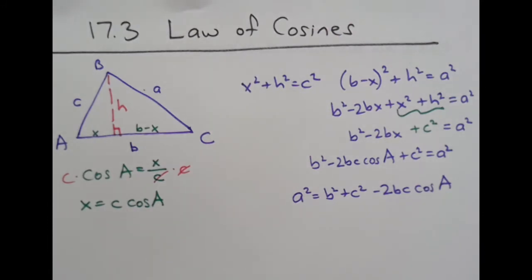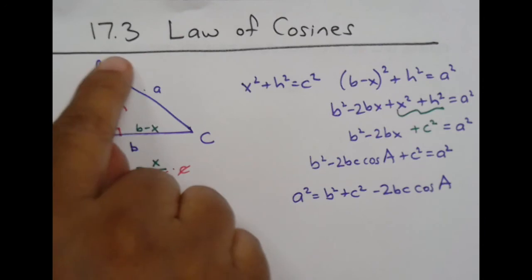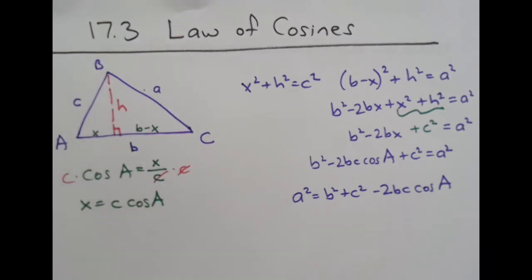So now what we're going to do is write down all the different orders that we could have of the same exact triangle. Keeping in mind, all I had to do is switch the letters to come up with these new formulas. So our new law of cosines equations are